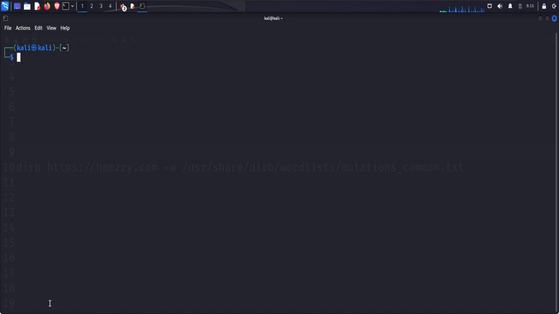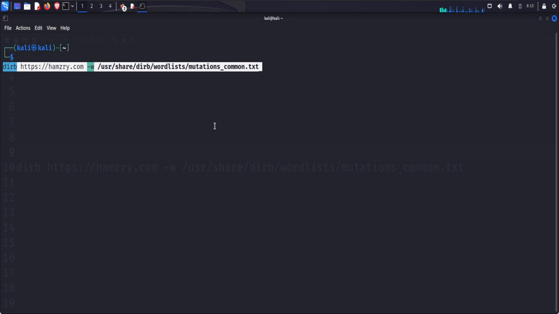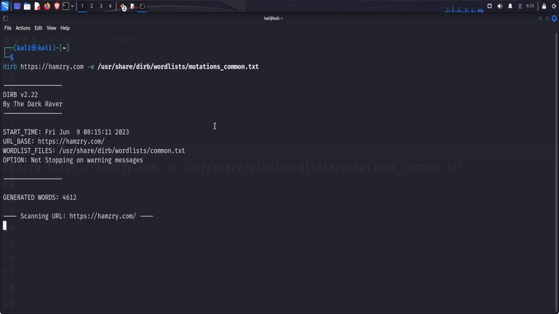Okay, now my screen is cleared, right? Now I want to run that directory brute forcing. I'll just paste. Okay, I've pasted it and I'll run the attack. Now see what is happening, right? What this tool is doing is taking the information stored in my word list and trying it over hamzuri.com slash. Remember I told you something like slash